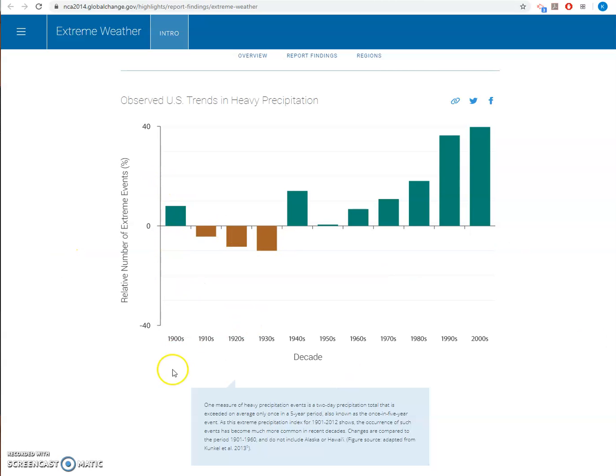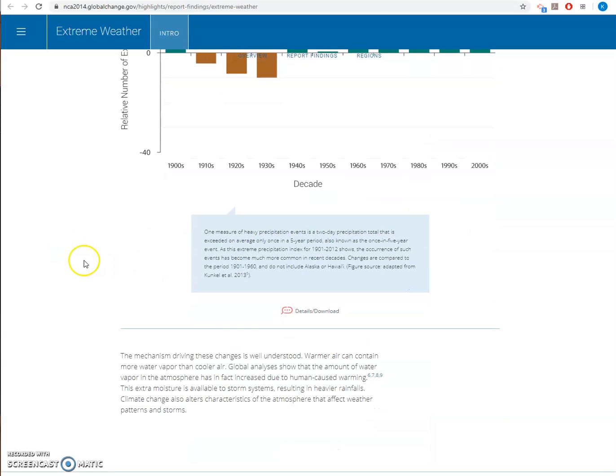And here you can kind of see that relative number of extreme rain events, right? So in the early 1900s, not so high, but then really high for some reason in the 40s, really low in the 50s. But you can see that since the beginning of the 60s, late 50s, it's kind of trending upward, right? Increasing drastically in the 1900s and even more so in the 2000s. So something to look at.